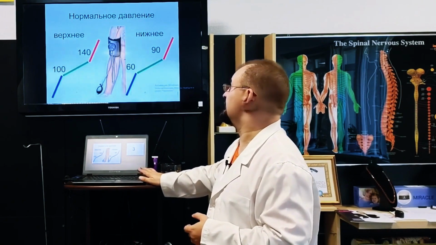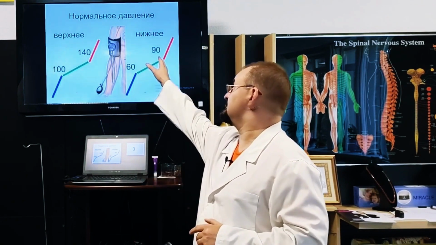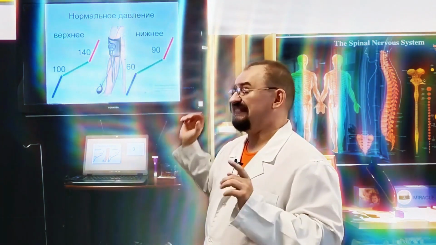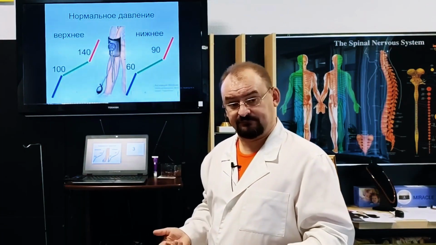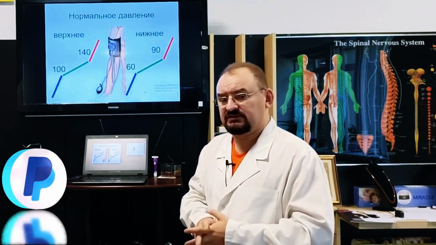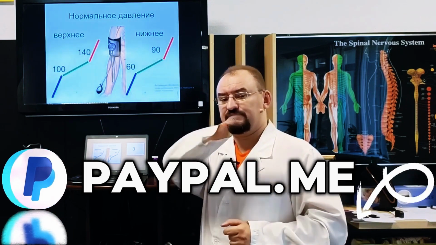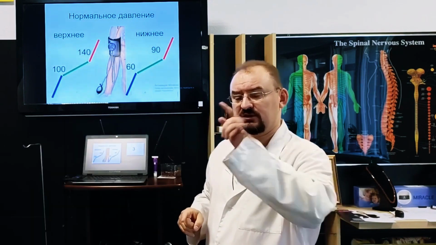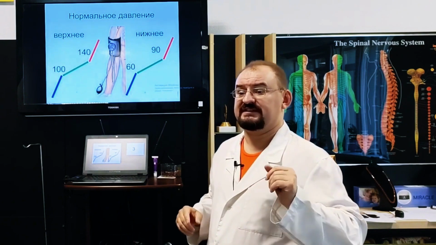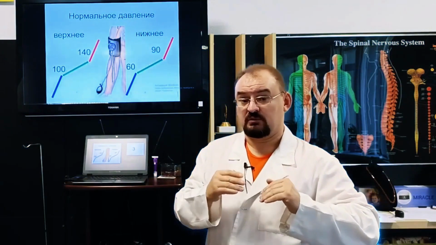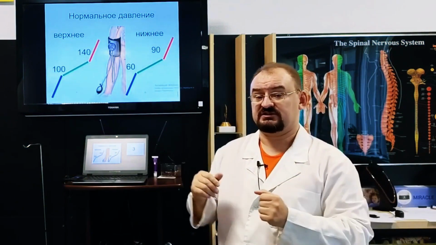That's why, friends, today we're looking at this green area. This is the normal range. 100, 140, 60, 90, these are considered normal values. Sometimes when I talk to people and ask what normal blood pressure is, considering that we're fighting hypertension, I always say the norm is 140/90. In other words, this is the concept of normal, where we determine whether we are still within the normal range or have already crossed the line.